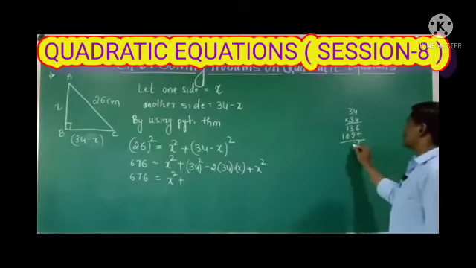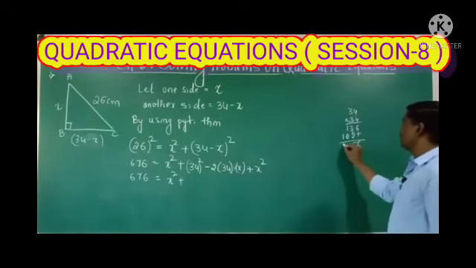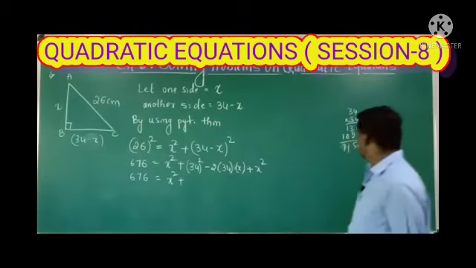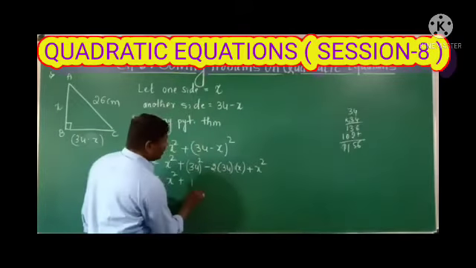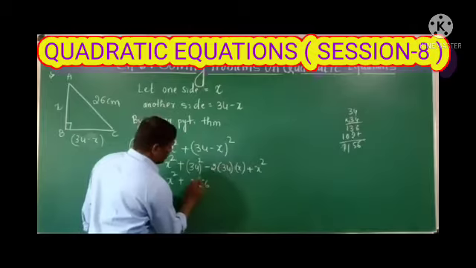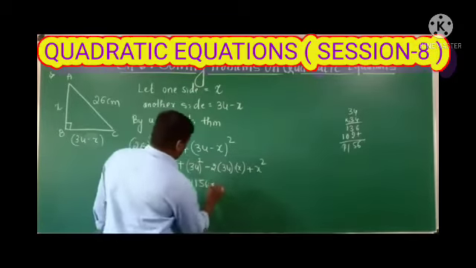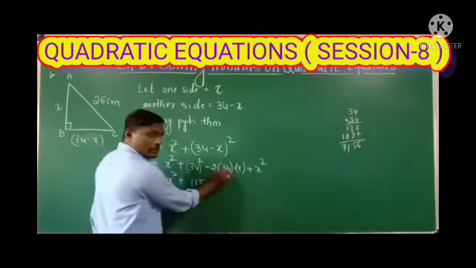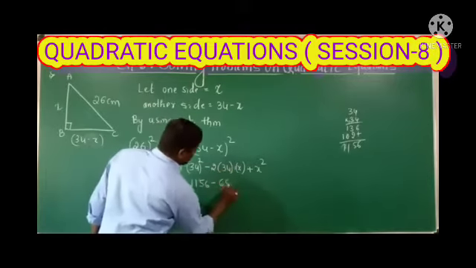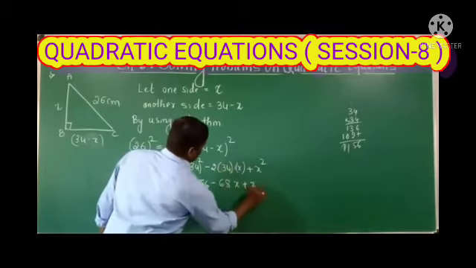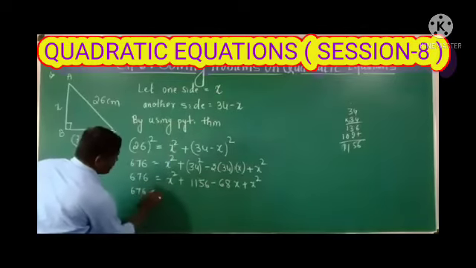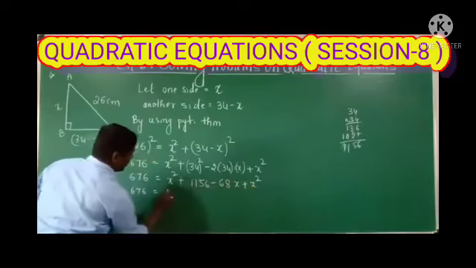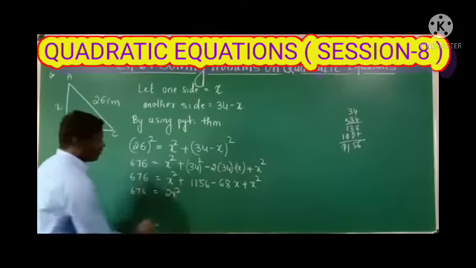So 1156. 1156 minus 68x plus x square. Now write this 676 as it is, X square plus X square, 2x square plus